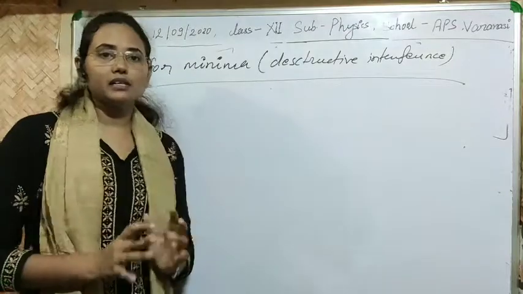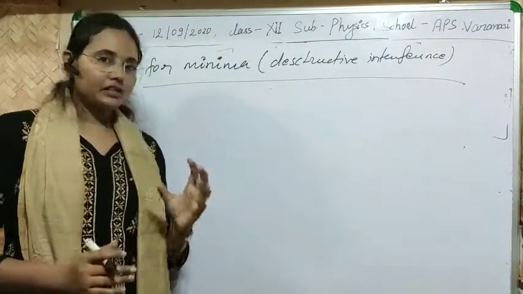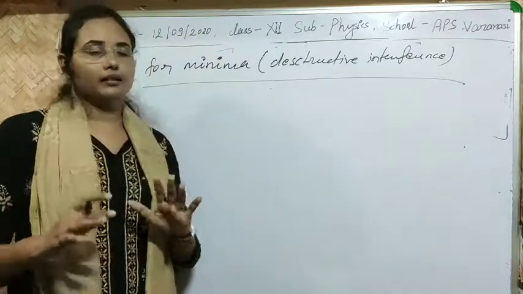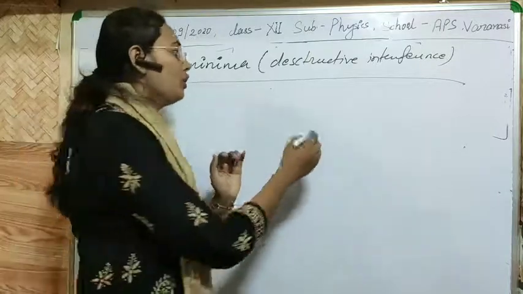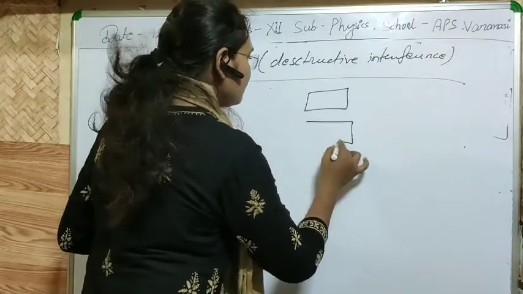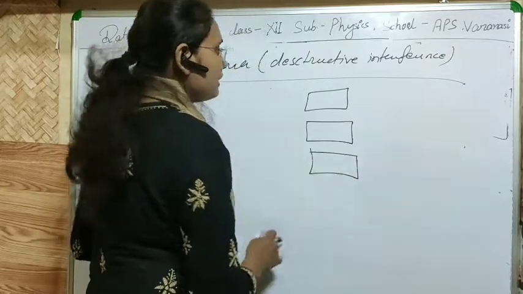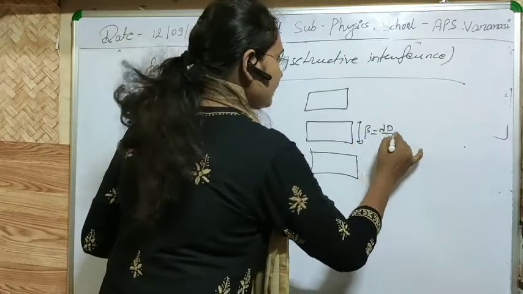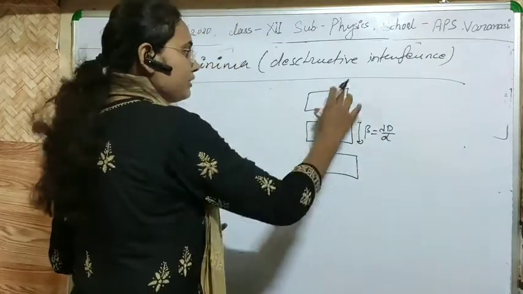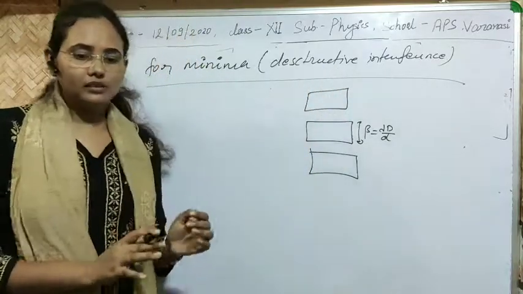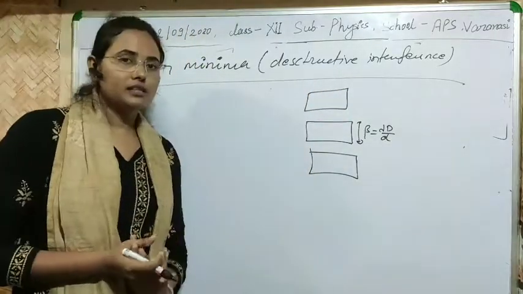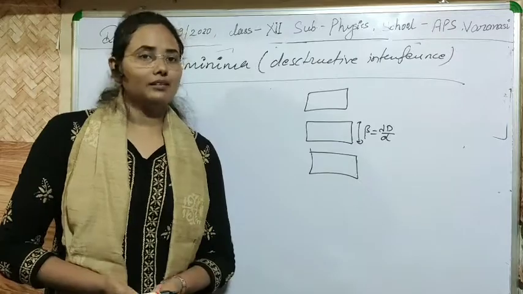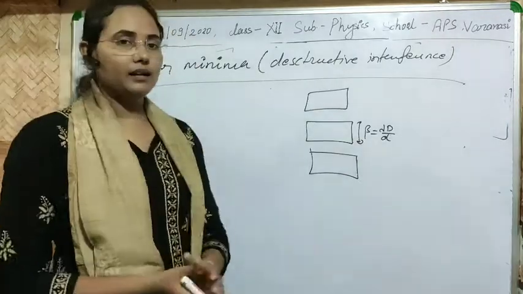So in Young's double slit experiment, the fringe width of maxima or minima is the same, and there is no change. They are equally spaced and have equal width. The only change is in their intensity. This is beta, and the value of beta is lambda D by d, whether it is a bright fringe or a dark fringe. I think this concept is now clear to you: what the fringe width is and how we can calculate it for bright fringes and for dark fringes. So let's end the class here. Thank you.